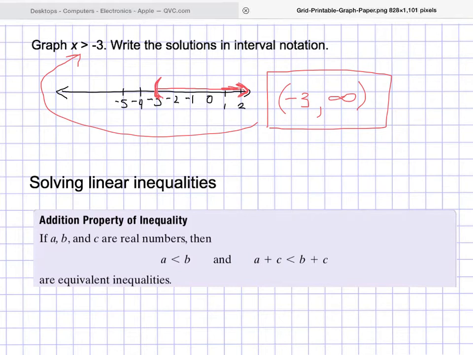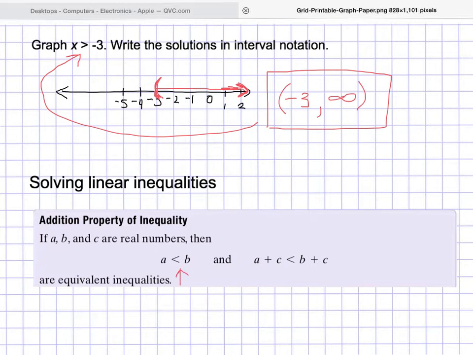But let's look at now how to solve any linear inequalities. You solve linear inequalities basically the same way that you solve linear equations. Okay, so if you have a linear inequality with A is less than B,